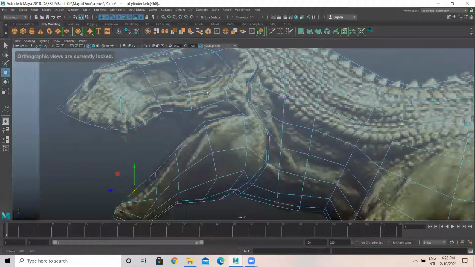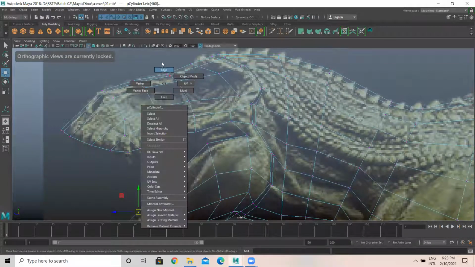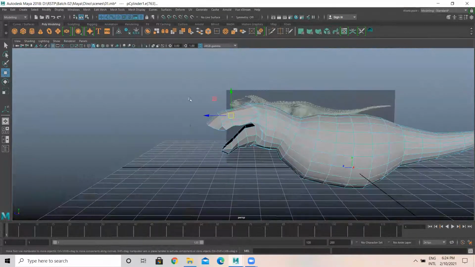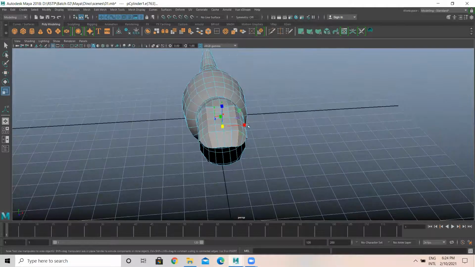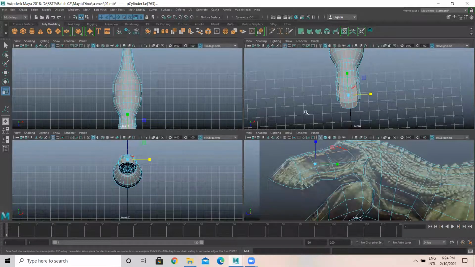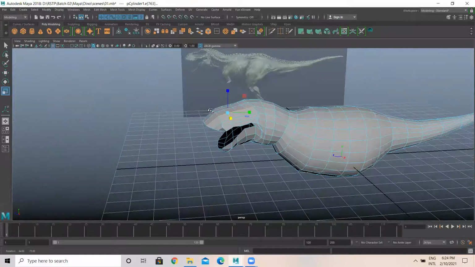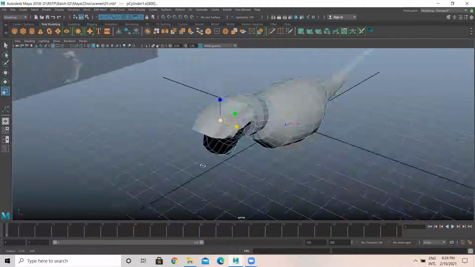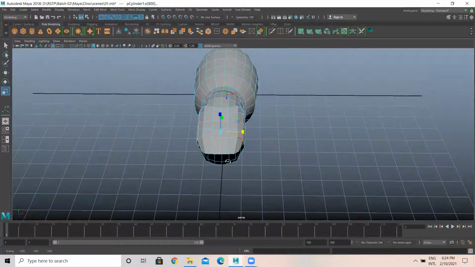Okay, now what I'll do here, just select these things. Drag and select these edges so you get an output like this.